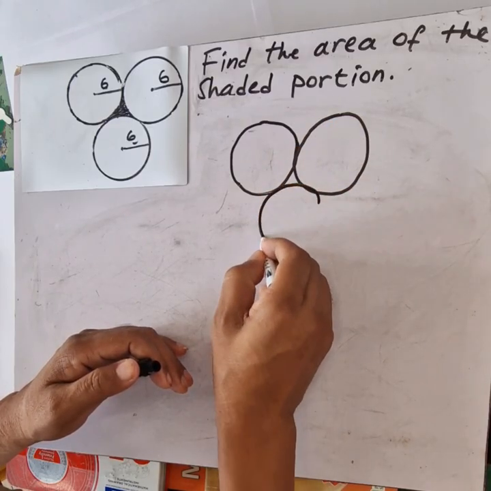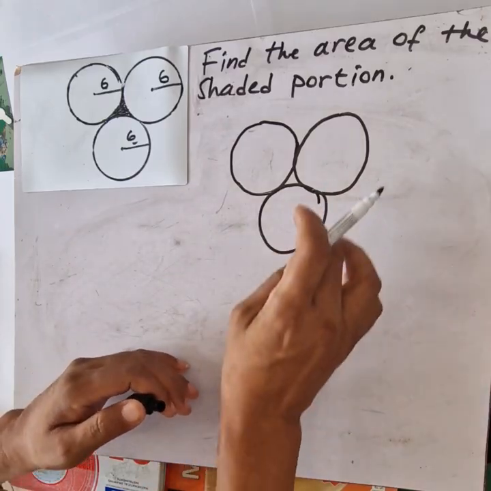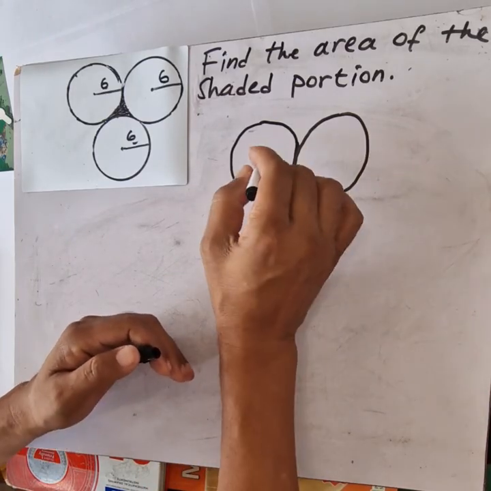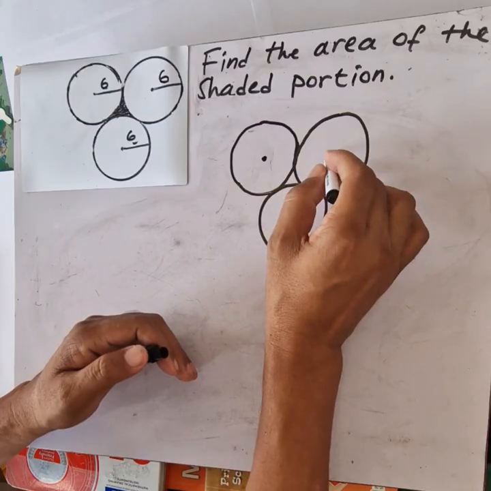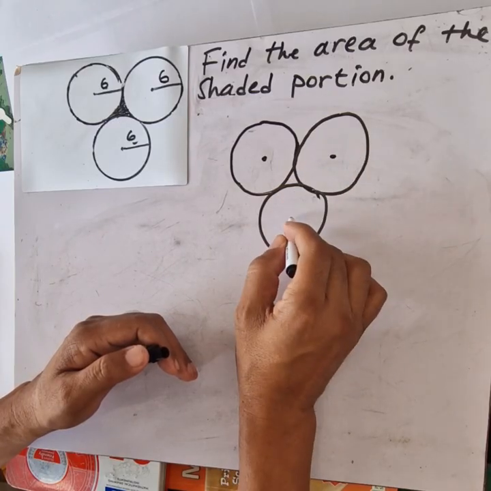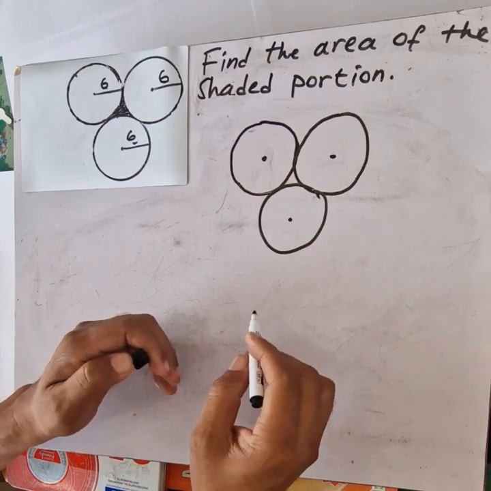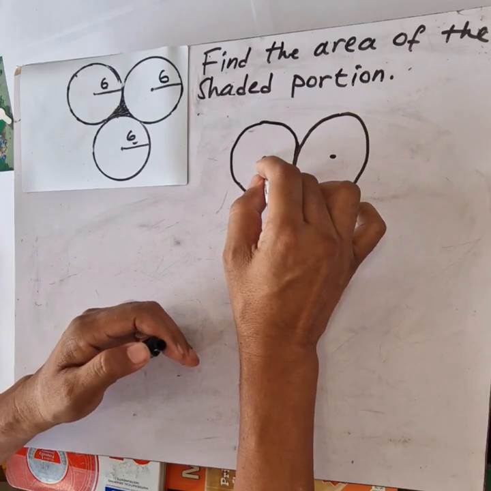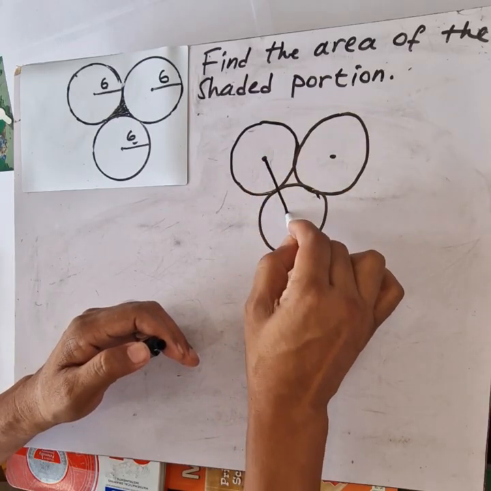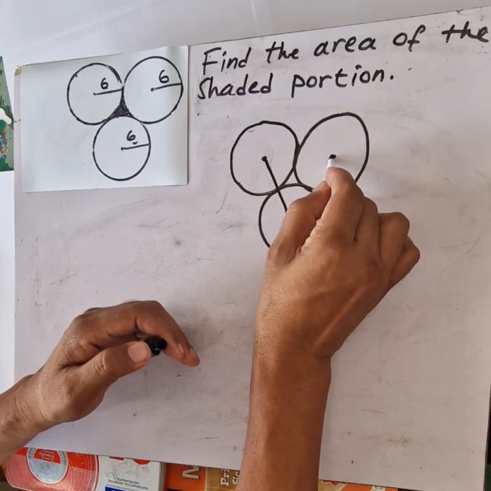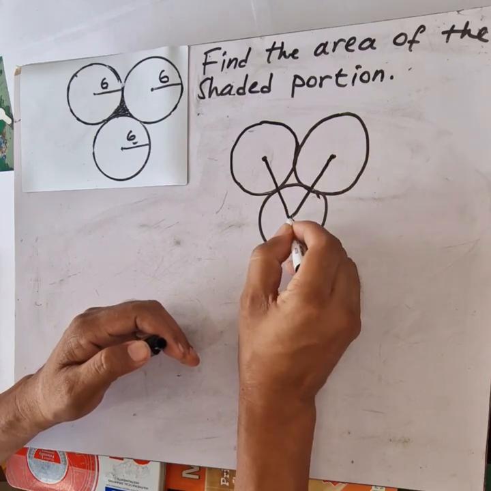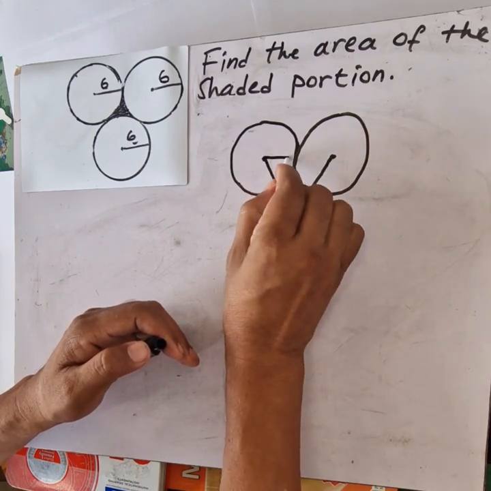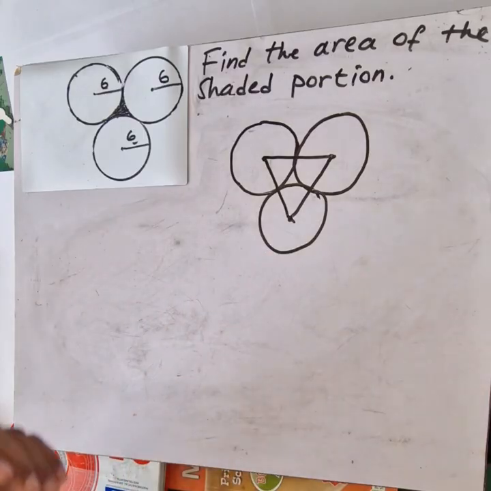I'll do well to draw them, and this is the center of each of the three circles. I can join all the centers to form a beautiful triangle. Now, when you look at this diagram